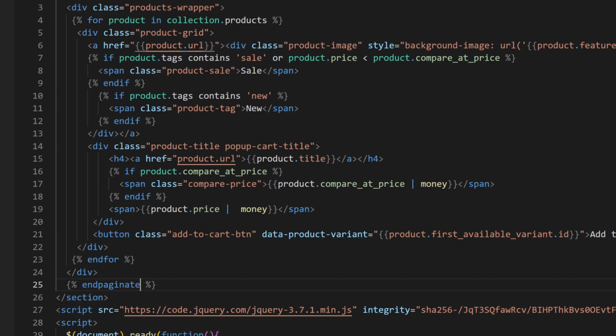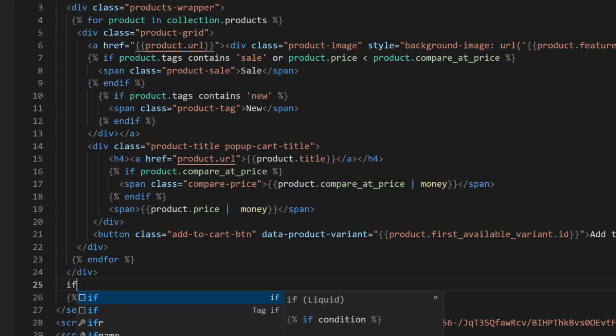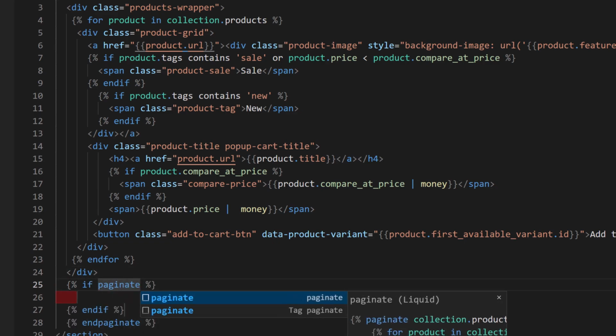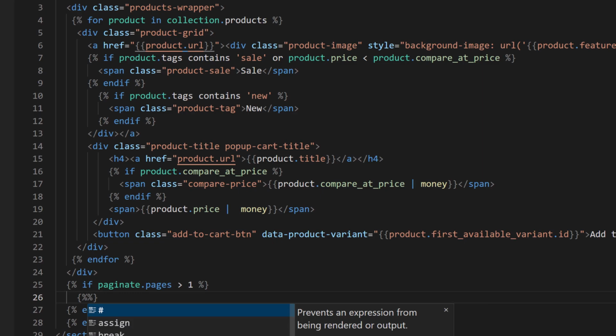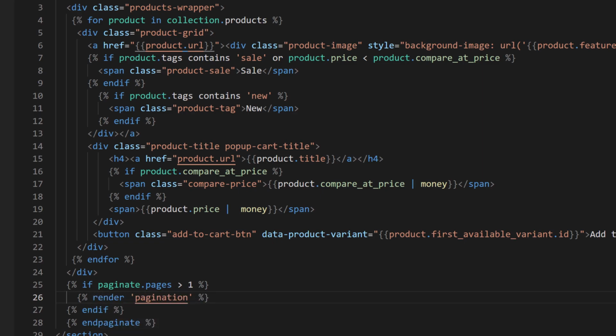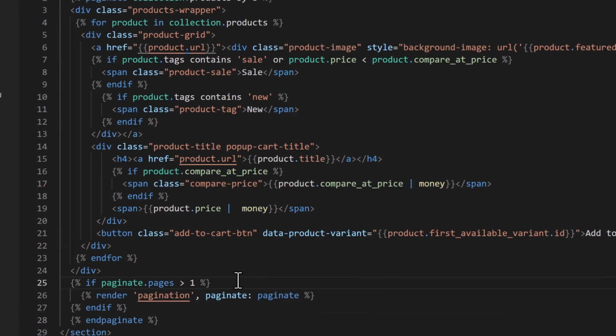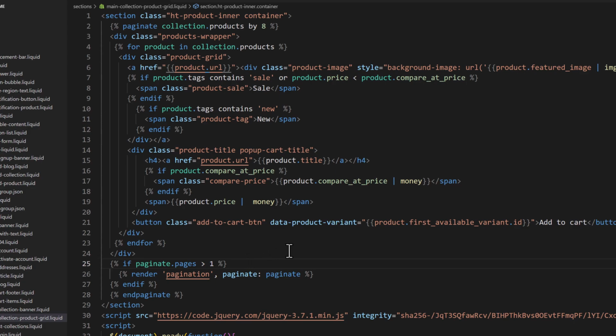paginate. Now we need to add a condition. If paginate.pages greater than 1, then I would like to display this file. Render pagination. This is the file of DOM theme, and we need to pass the object of pagination, paginate. So save that